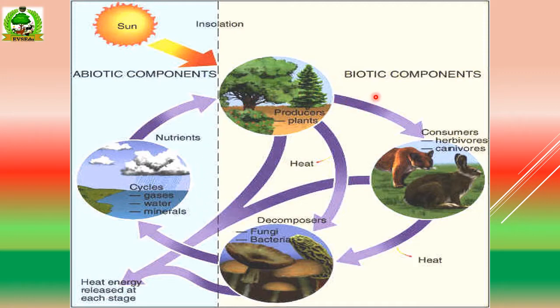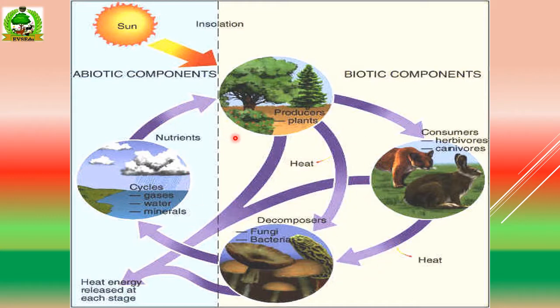And in this interaction there is also a release of heat in different pathways, and the energy gets transferred from one trophic level to another trophic level, and certain nutrients remain cyclic from one phase to another phase and can get transferred from one form into another form. And this transformation of the nutrients, the cyclic pathways, and the transfer of energy from one trophic level to another is basically an interactive system between the two different components, biotic and abiotic, which all comprise an ecosystem.